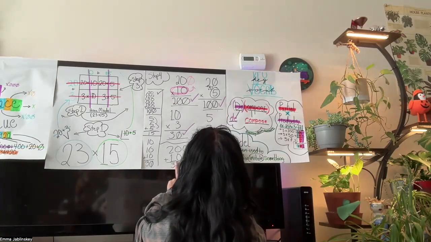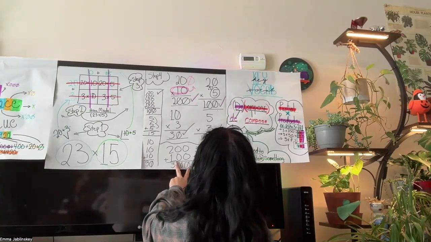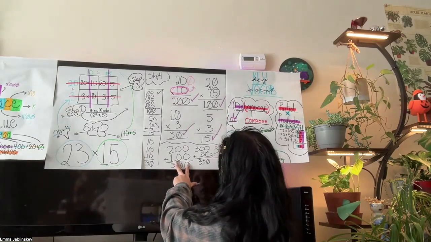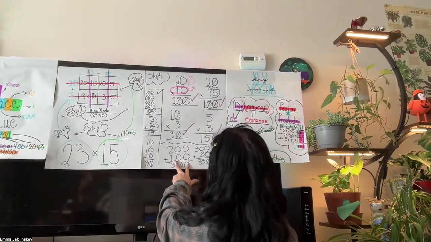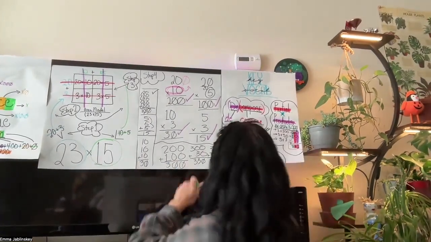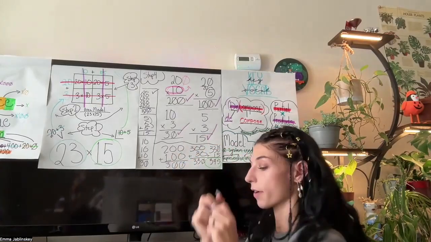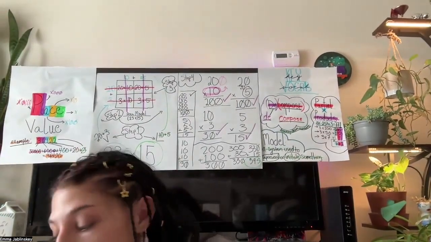Using our new 330 plus 15. 0 plus 5 is 5. 3 plus 1 is 4. 3 plus 0 is 3 still. So our final answer is 345. But since we know that we are all great mathematicians,